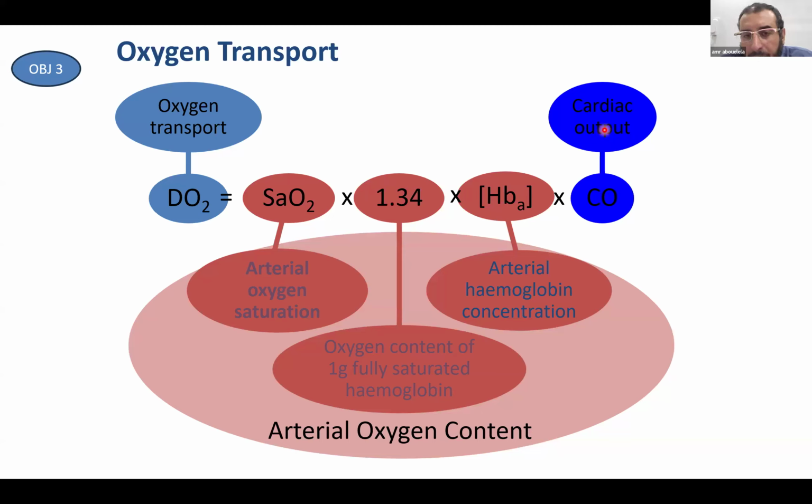But don't forget, if you have a hemoglobin of 8 or 7 for a shocked patient, you will not be able to improve his oxygen delivery. Even if you maximize the cardiac output, you should keep in mind that you should optimize the hemoglobin. You should optimize the saturation as well if you have a problem in the oxygenation to get the maximum oxygen